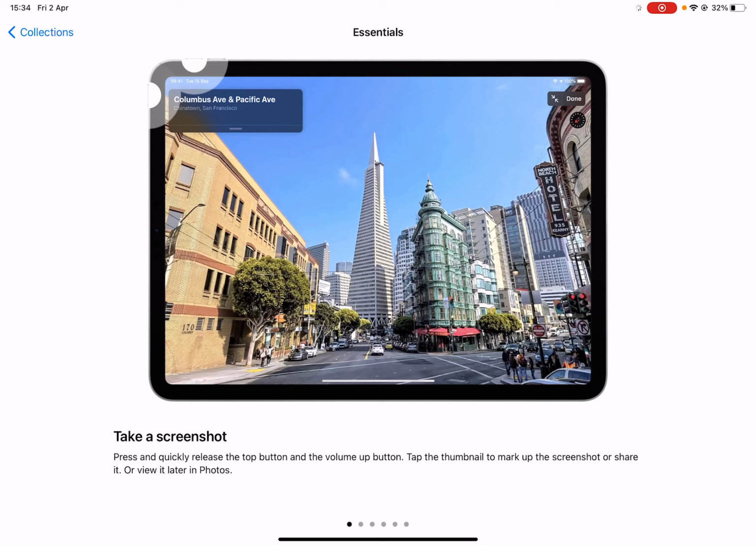Press to quickly release the top button and volume button. Tap the thumbnail, whatever it says. Mark up the screenshot, share or view it later in Photos. Tapping the power button and the off button. By the way, these have to be the power button, and then